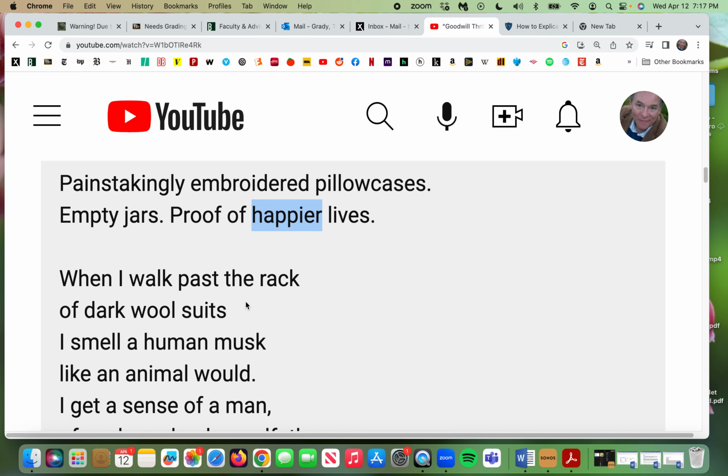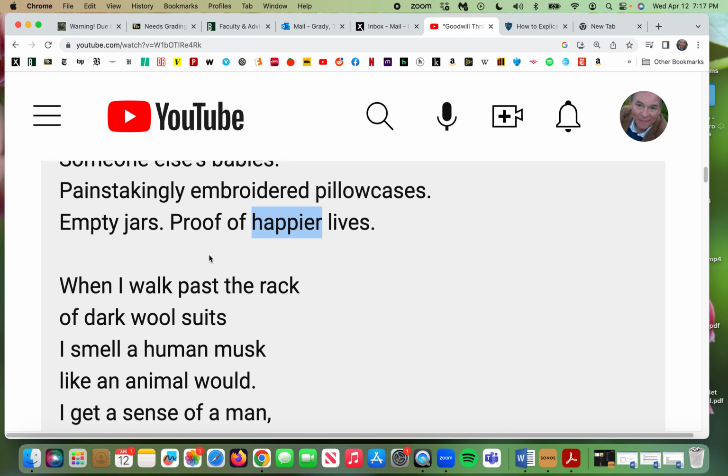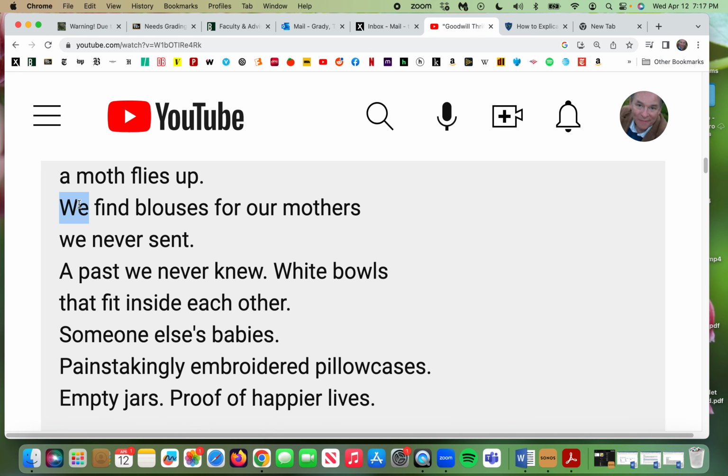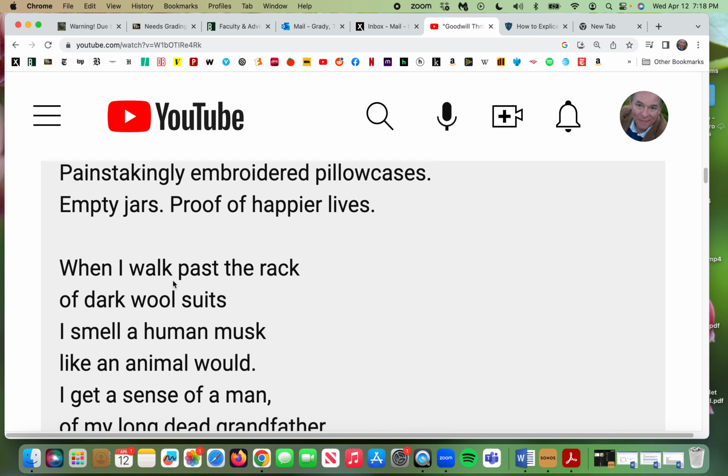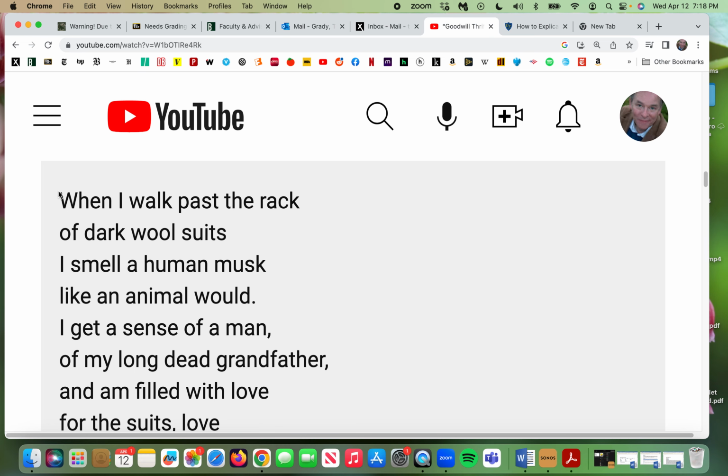So the whole poem is told in two stanzas. So that's something I'd put at the beginning. The poem is told in two stanzas. And now it goes from this use of we, the first person plural, to I. So now it's a narrative, and now it's first person, and now we have a story.